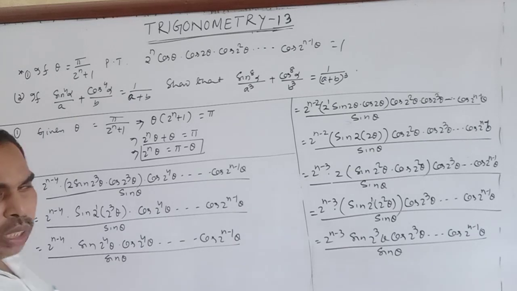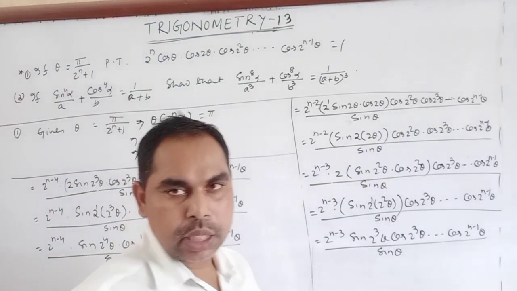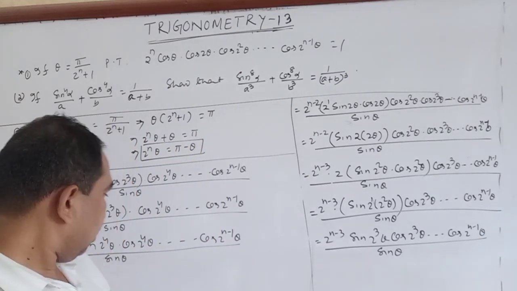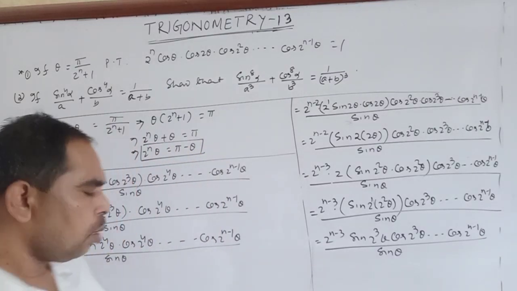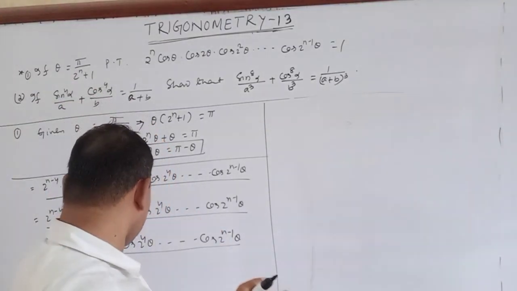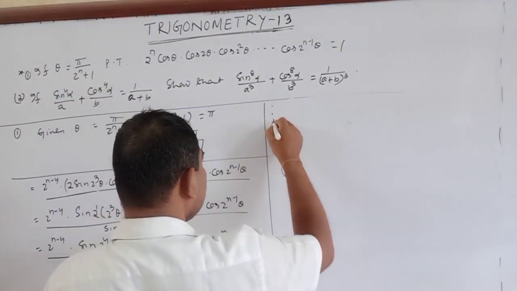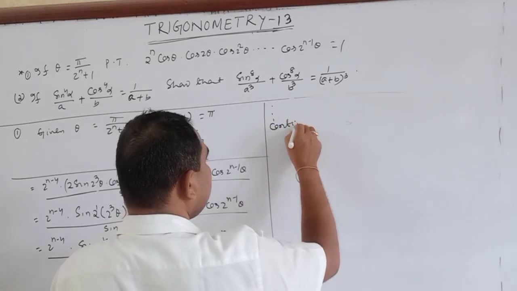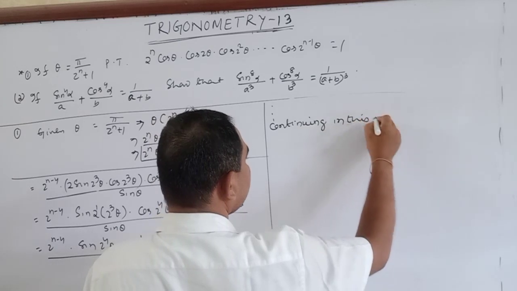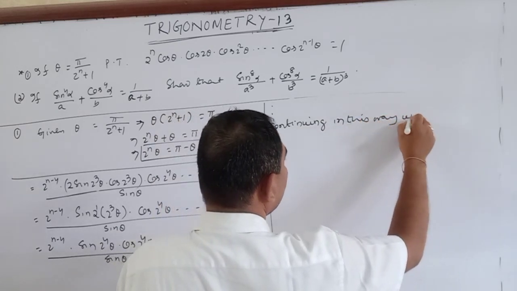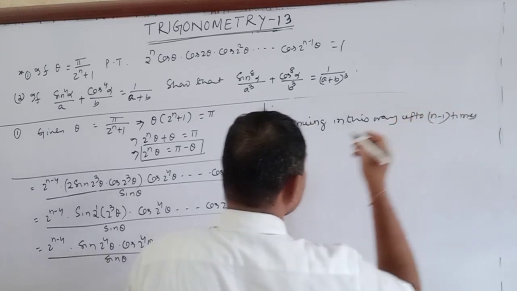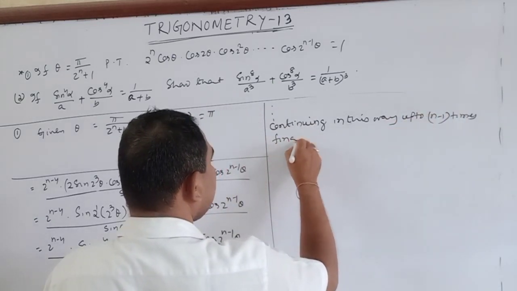So continuing in this way up to n minus 1 times. Finally we get,